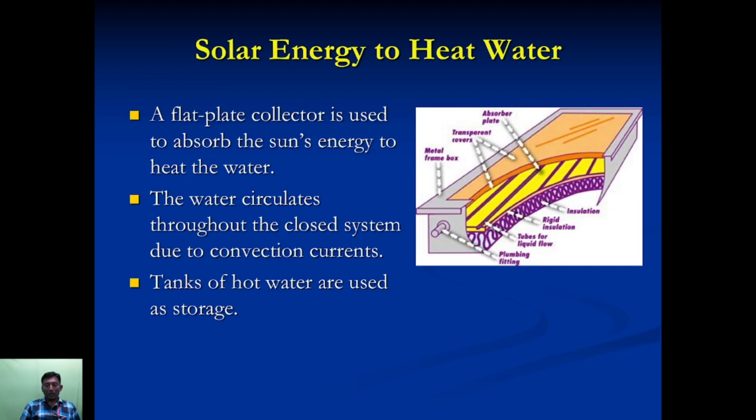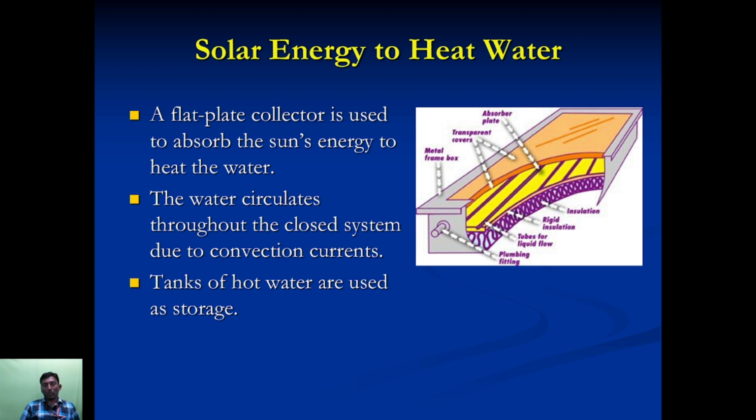Now we already said that solar energy is converted into electricity in two different ways. The first one is solar thermal and the second one is solar photovoltaic. Initially we should have a collector system. We have different types of collectors: flat plate collector, parabolic collector, concentrating collector and so on. For the flat plate collector, we are going to see how solar energy is used to generate heat